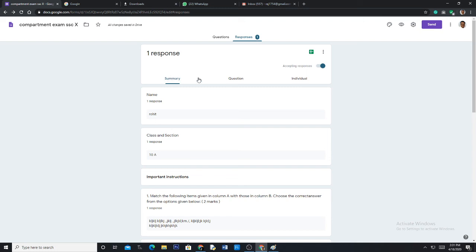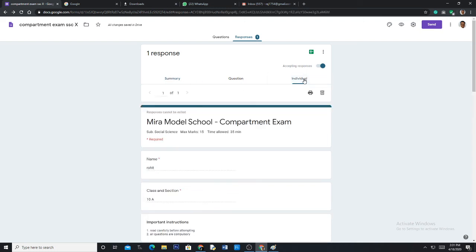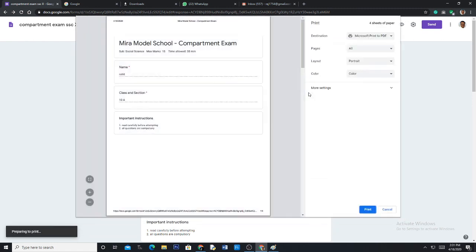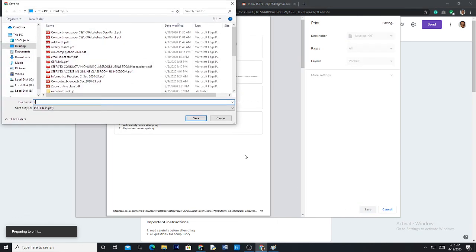Instead of summary, you go to individual, and in individual, this is the answer sheet. From here you say print. I have printed, this is the complete answer sheet. Then I say print, or you can say save as PDF. Okay, I say save. I name it Rohit, and I place it on the desktop.